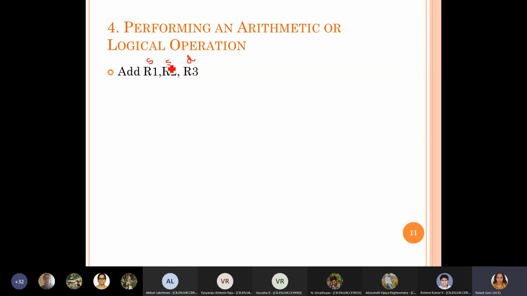Only thing we have to ensure is that the structure we are designing is capable of accommodating the data flow. For example, if instead of add R1, R2, R3, I simply give add R1, R2, that means R2 is supposed to act as a source as well as a destination. But if for R2 only the out direction is enabled and no in direction has been enabled, in that case you cannot use it as a destination. That is what we mean by structural competency. If the structure is supporting it, then we can use it like that.